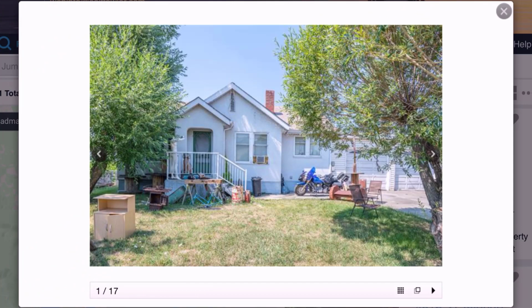So let's dive into the MLS and look at those. Now let's go into the MLS and look at some of these beauties. As you can probably expect, some of these homes aren't going to be as well staged, or the quality of the photos might not be quite up to what we experienced last week with the 10 most expensive homes that sold in 2021. We're going to start with this one at